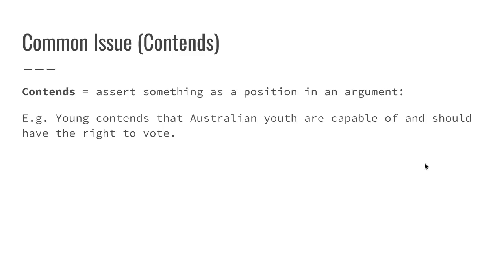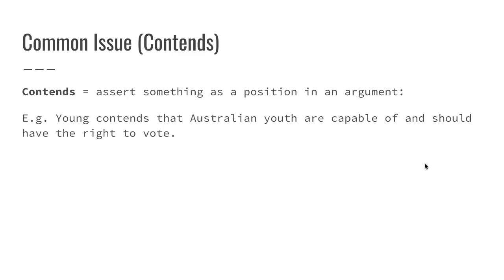I haven't seen this used incorrectly too much, but I do know this is a concern for a couple of other teachers. So please make sure when you use contends, you could substitute that word for argues, because that's how it works. If that's not what you're saying, Young argues, Young contends, then that's not how it should be used. So think about it when you're writing it. Can I substitute the word for argues? If I can't, then I shouldn't be using it.